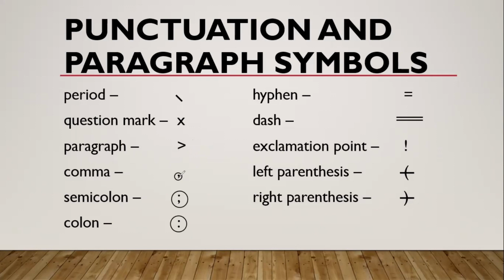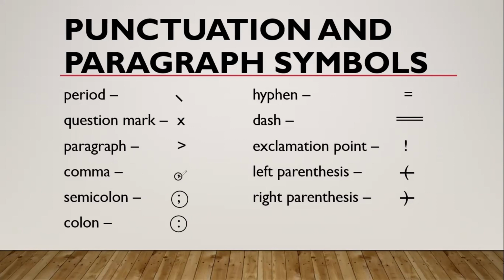Next one, let us proceed to comma. Okay, so this is the stroke of comma. So meron siyang comma and then may circle. Okay, ganun din sa semicolon. Semicolon siya pero may circle. Sa colon naman, may colon pero may circle. Always remember that. Don't forget to put circle here, lalo na dito sa comma because meron siyang katumbas na stroke